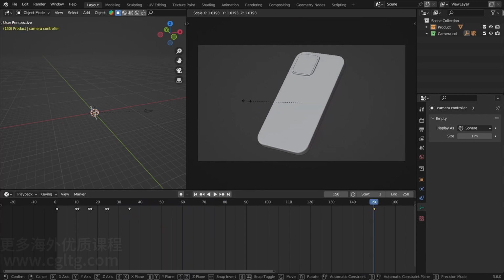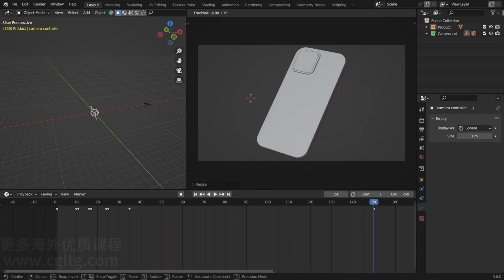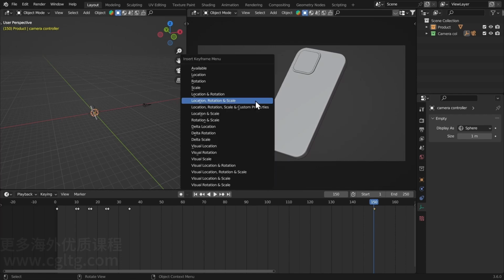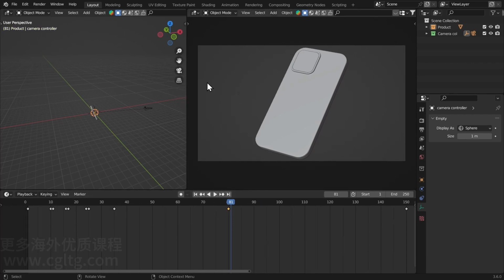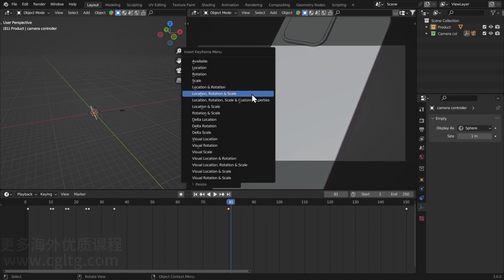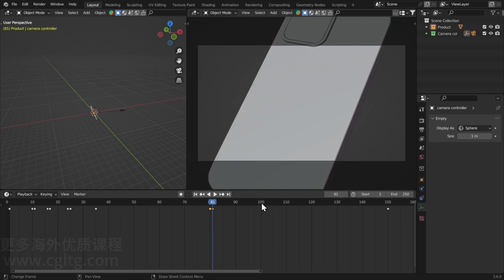Okay, scale it up a little bit more. Give it some cool rotation. Insert these again. On frame 80, insert location, rotation, and scale. On frame 81, we're going to zoom it in just like this. Insert location, rotation, and scale. On frame 100,